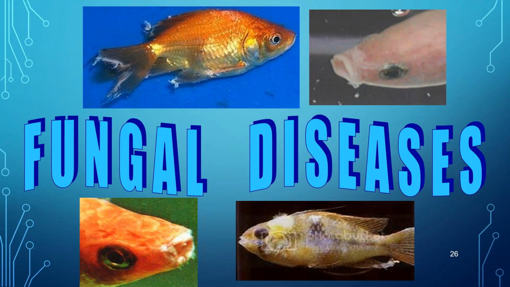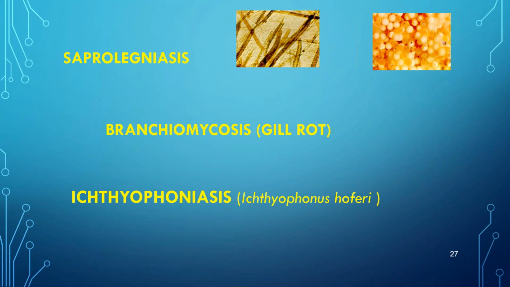Now moving to the fungal diseases, those are the bacterial diseases I have grossly explained. Now moving to the fungal ones. So these three, that is saprolegniasis, branchiomycosis, and ichthyophonosis, are the three major individual diseases commonly prevalent as fungal diseases in aquaculture. So starting with